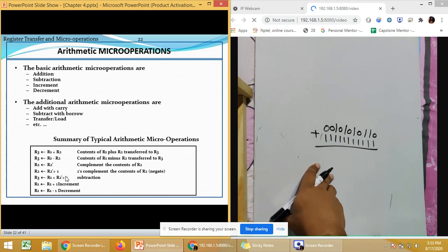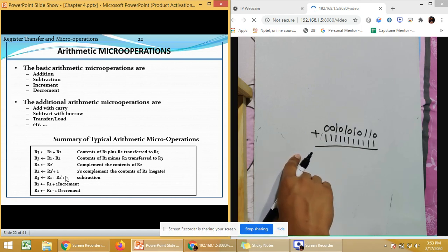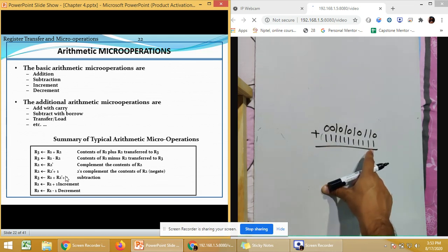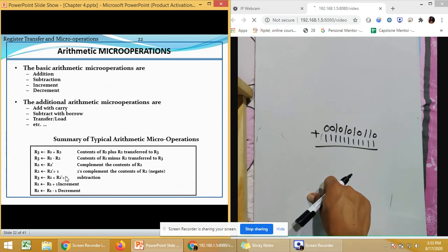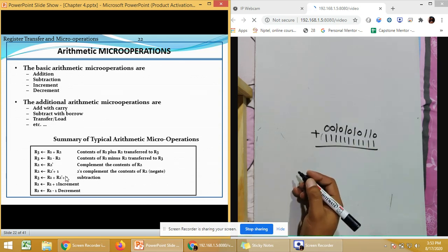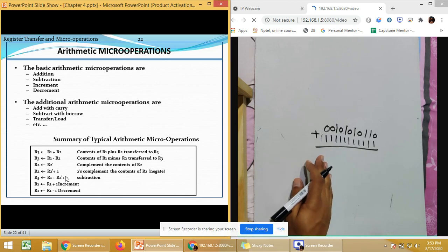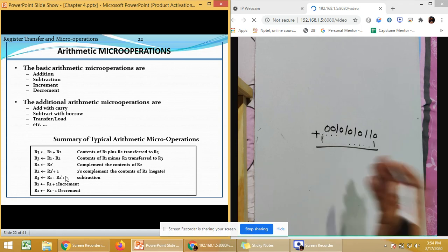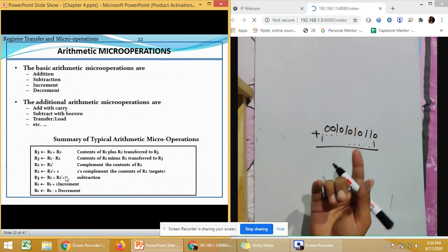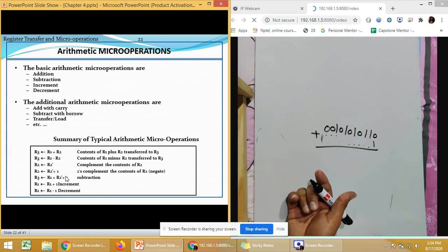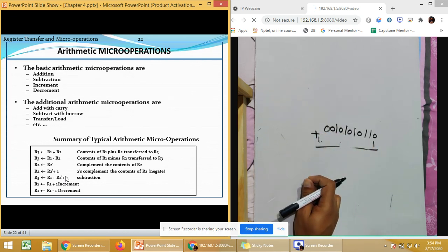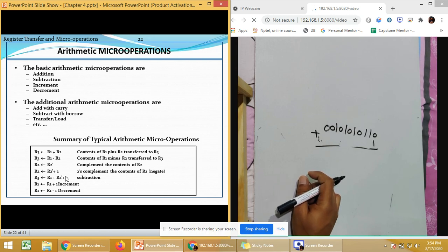In that arithmetic circuit, you need to perform increment by 1 and decrement by 1, and you will be able to see that once you add the value 1 to all of the bits, you get a value decremented by 1. So to increment a value by 1, just add 1 at the end, and to decrement a value by 1, add the value 1 to each and every bit of your data. All the bits should be added with 1 1 1, and then it will be automatically decremented by 1.